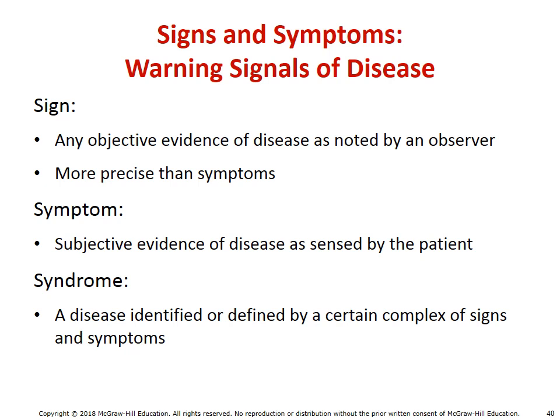Now let's talk about warning signs of disease, like signs and symptoms. Signs are very different from symptoms because signs are things that can be measured or observed. Symptoms, on the other hand, are feelings. So again, we can't measure nausea, so nausea would be a symptom, but we can definitely measure a fever, so a fever would be a sign. It takes both signs and symptoms for us to form a diagnosis. We'd call this diagnosis a syndrome.